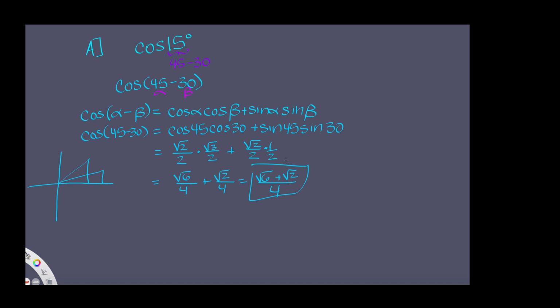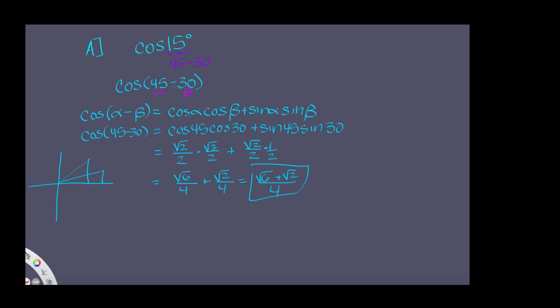All right, so again, just to review, we started out with the problem, the cosine of 15. So these sum and difference formulas allow us to write some angles in terms of angles that we can easily find the cosine or sine of. Really, you're thinking about sine or cosine or some trig function of